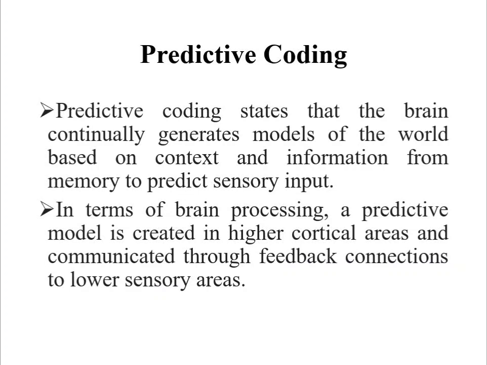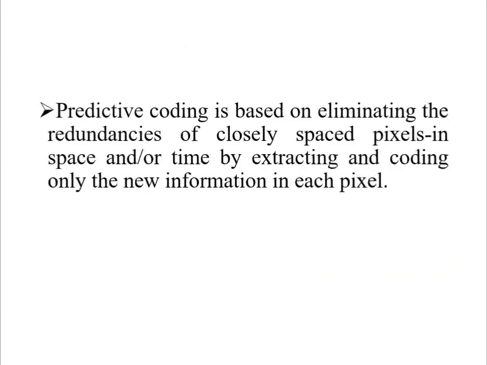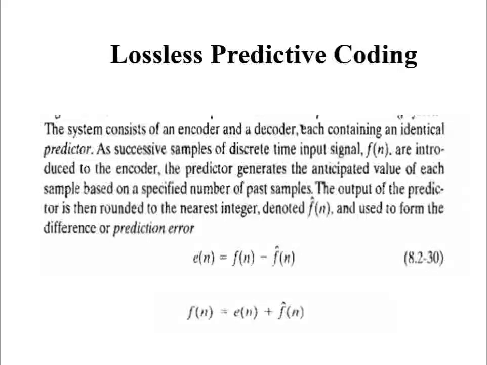First one is lossless predictive coding. The system consists of an encoder and a decoder, each containing an identical predictor. As successive samples of the discrete time input signal, that is f of n, are introduced to the encoder, the predictor generates the anticipated value of each sample based on a specified number of past samples. The output of the predictor is then rounded to the nearest integer, denoted f cap of n, and used to form the difference or prediction error, that is e of n is equal to f of n minus f cap of n. f of n is equal to e of n plus f cap of n,